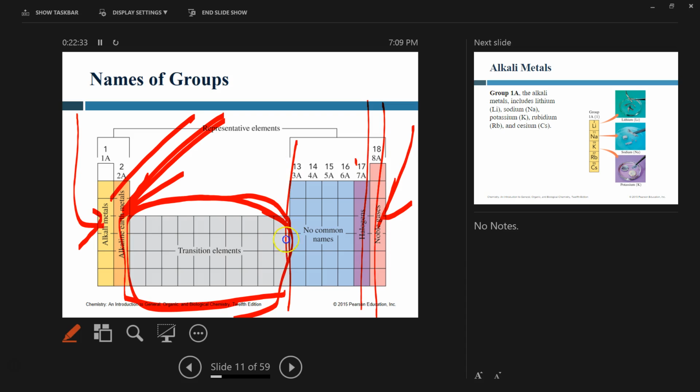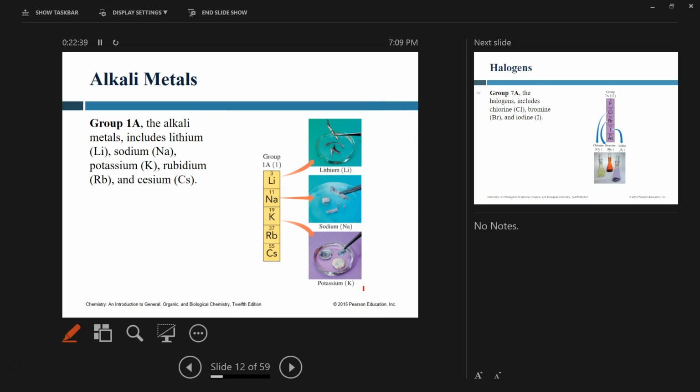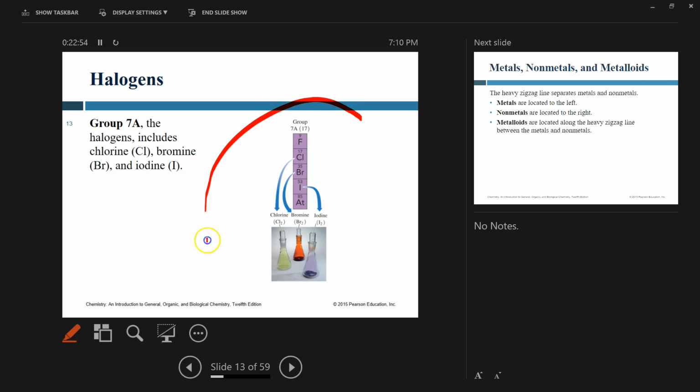Now, these groups, 13 to 16, don't really have any common names. So, that's alkali metals: lithium, potassium, sodium, rubidium, and cesium. Halogens is the 17th group: chlorine, bromine, iodine. Now, here's the first thing about this